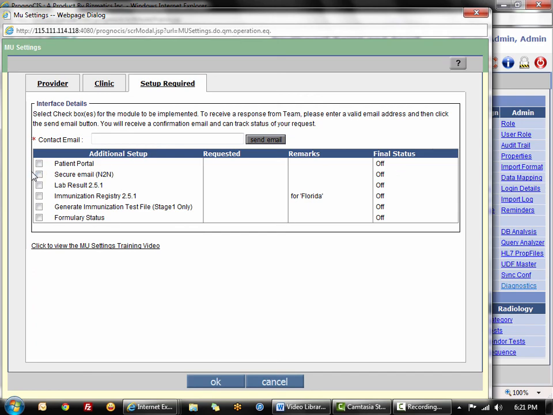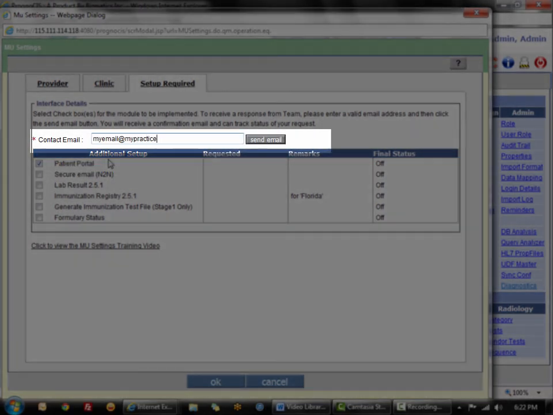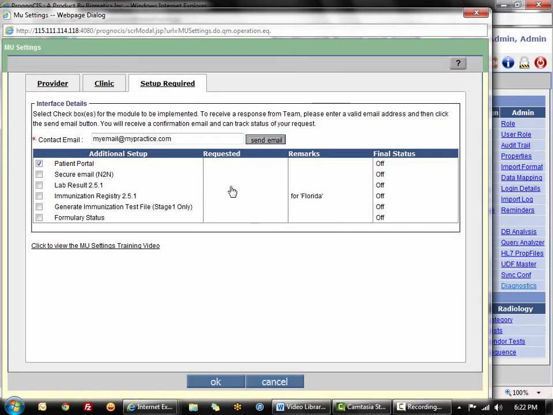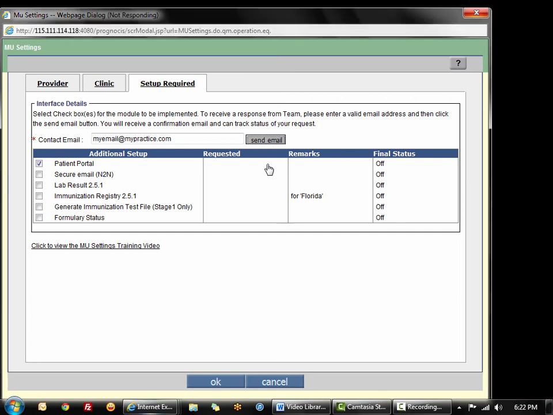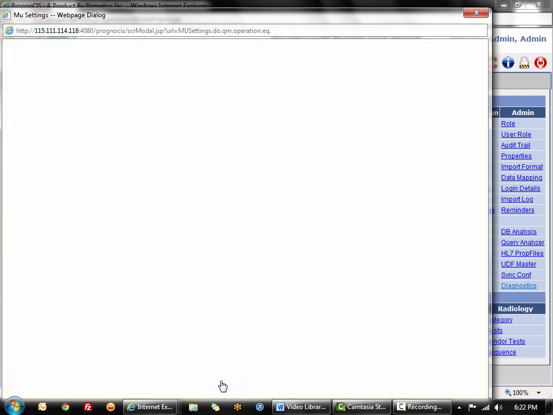So you would need to set this, come up here and enter your email, and then click the option that says send email. And when you do that, it is going to send an email to the Meaningful Use Engineering team. They will send a confirmation back to your email that you enter, acknowledging that they will start working on that for you. So now I'm going to go ahead and close out of the Meaningful Use Settings Master, and